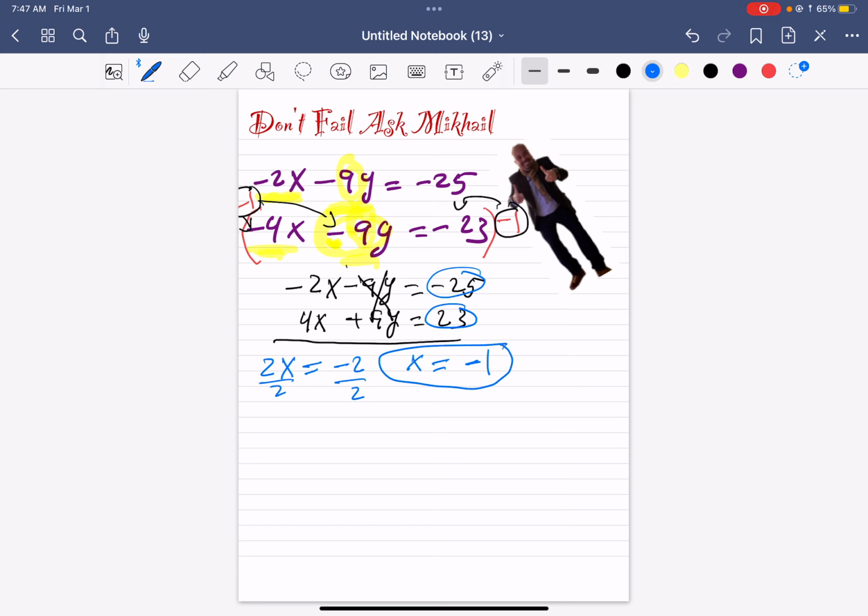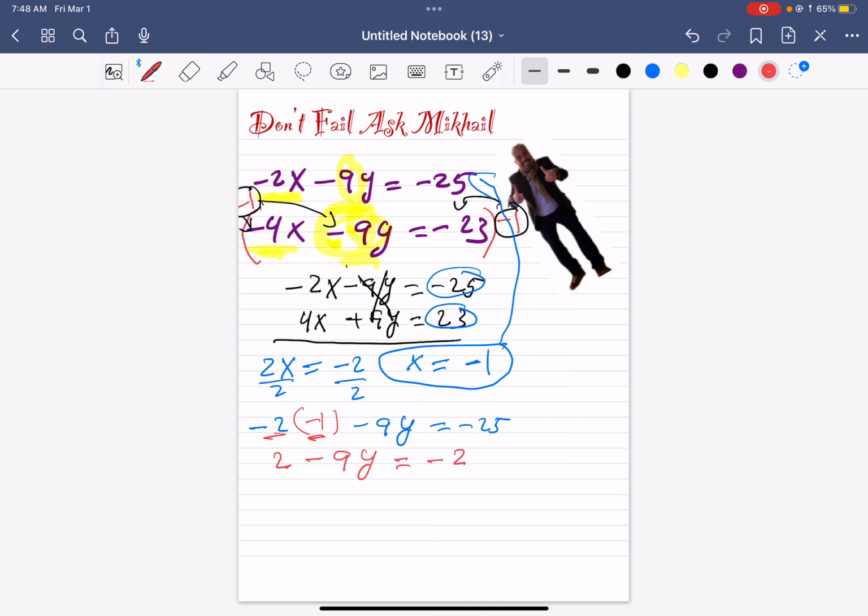Now I'm going to take this and I'm going to substitute it in the equation. So let me substitute it in the first one. Doesn't matter which one. I have negative 2x minus 9y equal negative 25. Now I'm going to substitute the x. And instead of x, I'm going to put what x is. And in this case, my x is, excellent, negative 1. So it's going to be positive 2, negative 2 times negative 1, positive 2, minus 9y